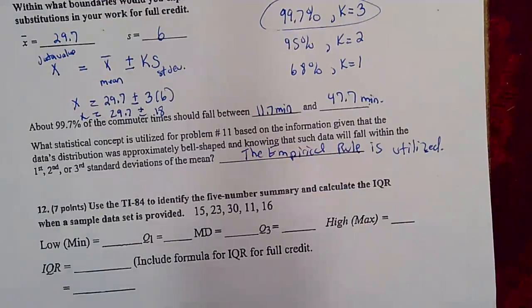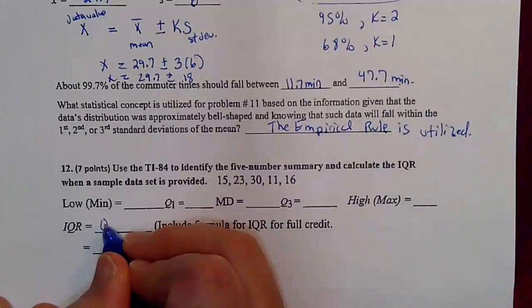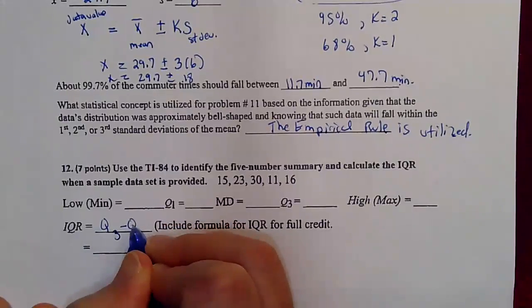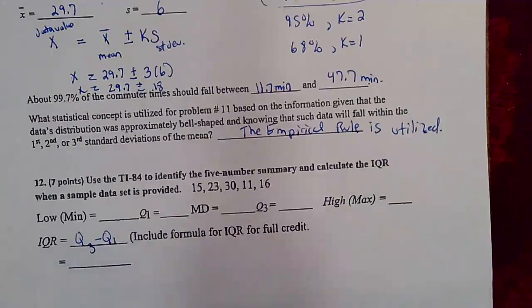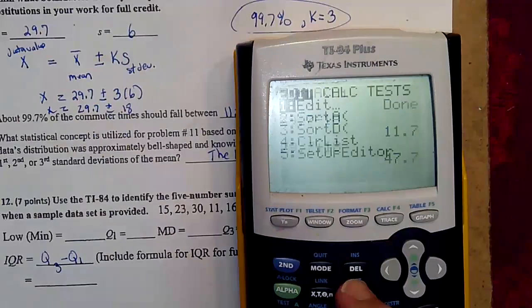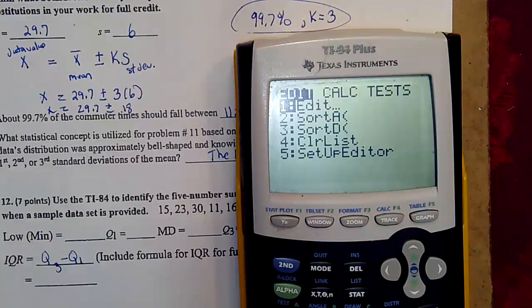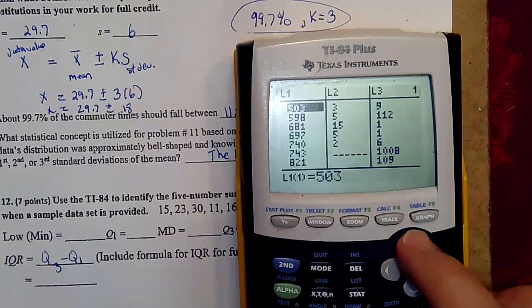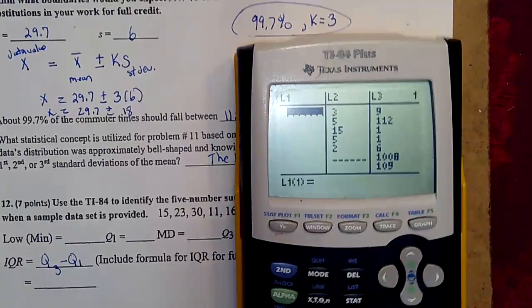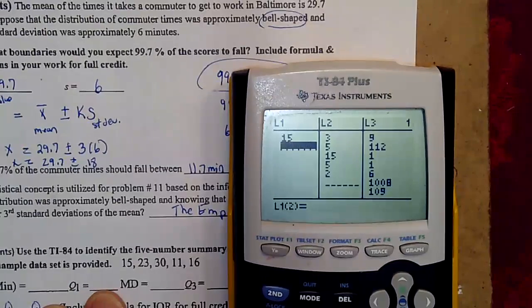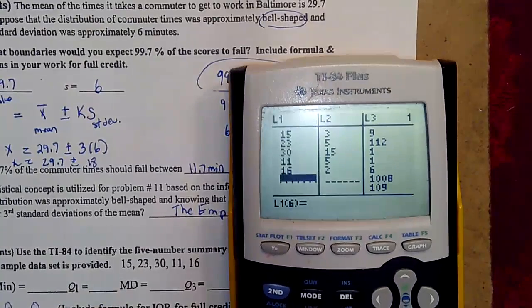Okay, and last problem. Use the TI-84 to identify the 5-number summary and then calculate the IQR. And they want you to include the formula for IQR. Do you remember the formula was Q3 minus Q1? You remember that? Okay, so I'm going to put the data in: stat, edit, go over here and clear, and put your little data in. There's not too many: 15, 23, 30, 11, 16, and then go to stat,